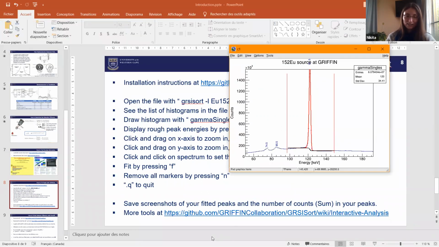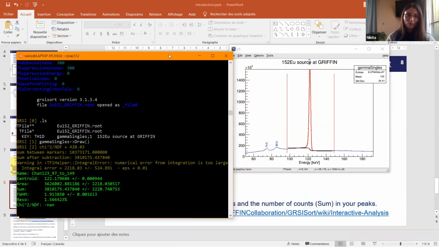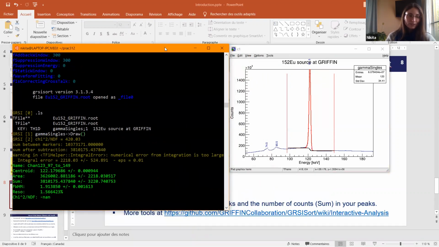The information is printed out to the terminal, so you need both windows over here. I fitted between those two cursors that I put, and it's giving me all the information. The cursors I put at channels 97 and 149. This is the name of this gate over here. The centroid, based on this fit, it says that it is at 122.18 keV with a very